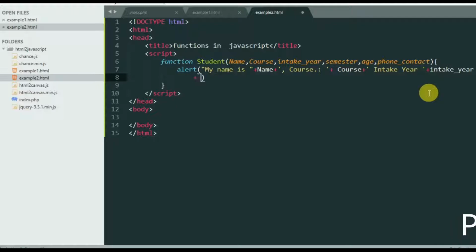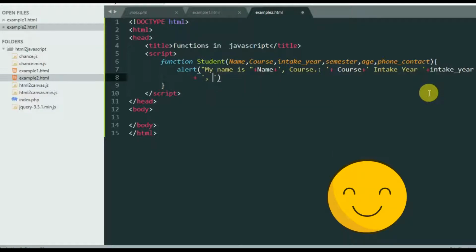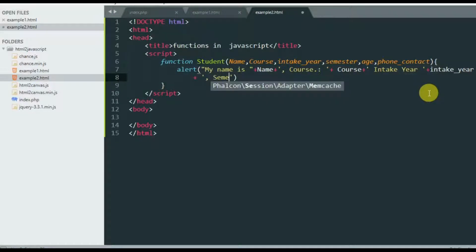After doing that, I just need to put a plus, and I'm going to add something called semester here, which I can give inside here, something like that, semester. And I'm also going to come back down here and add there, maybe semester, something like that. Now you can actually go back further and give more details, all those things. That's not a big deal.